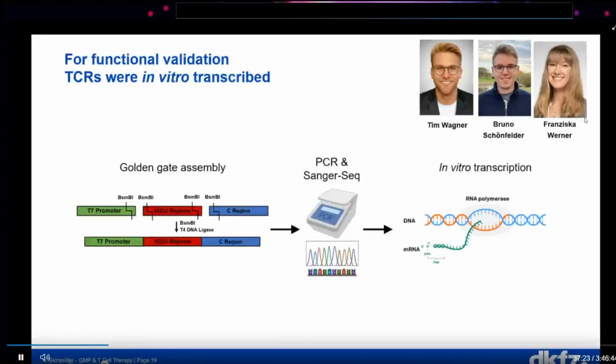So what we did, and this was done by Tim and also two master students in my group, we did a Golden Gate assembly and a PCR with Sanger sequencing. And in the end, in vitro transcription, so we electroporated the mRNA for these TCRs individually into T cells, preferentially